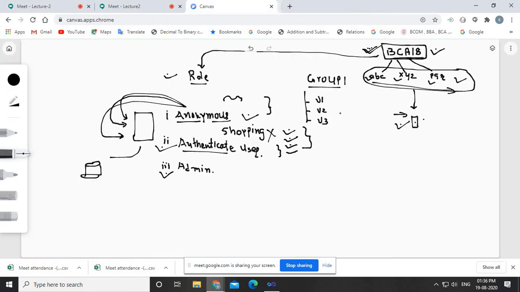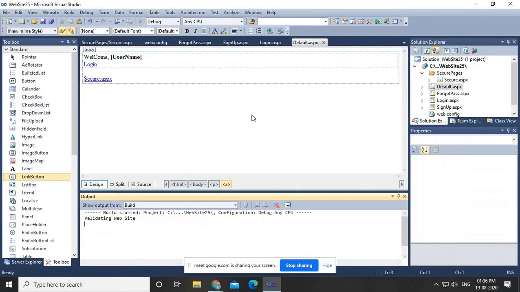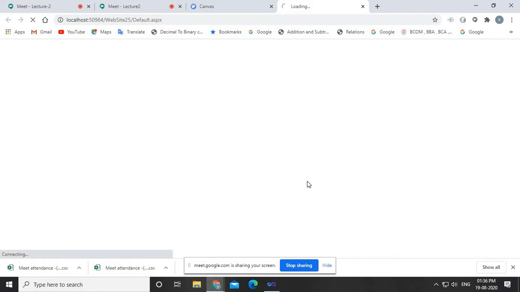Fine. Now you just close this, run the website again and see. Now you just give the answer. Suppose I click on the secure page, what happens? Will the secure page open? Obviously not, because now we have given a security rule. So suppose now I click on secure.aspx, and make sure I haven't done a login. I am a visitor, an anonymous user, right? Now if I click on the secure page or secure.aspx, what will it do? It will show the error message.